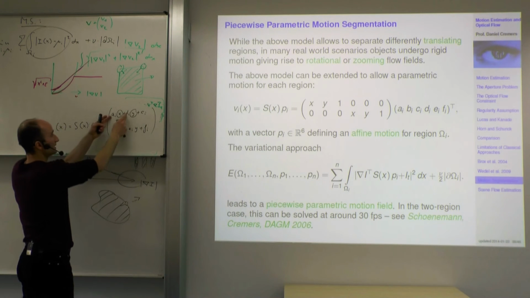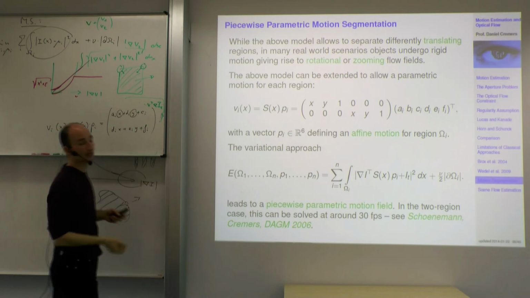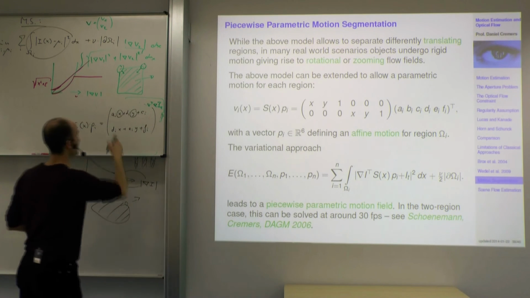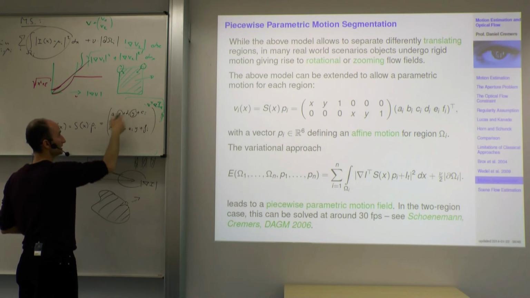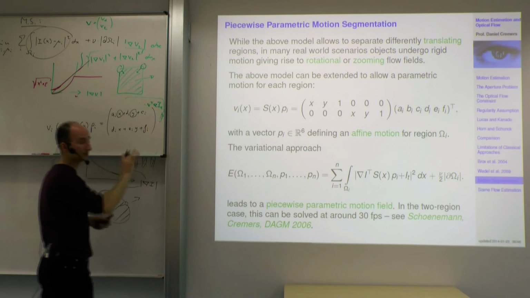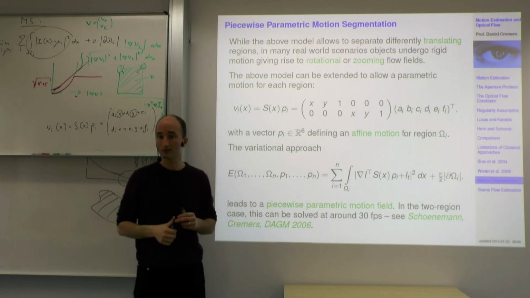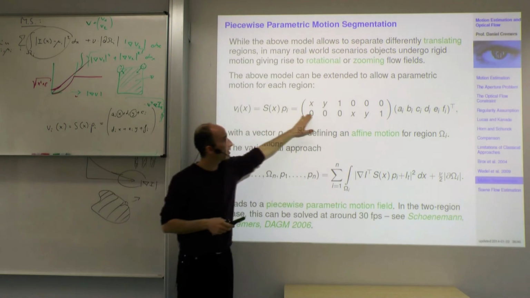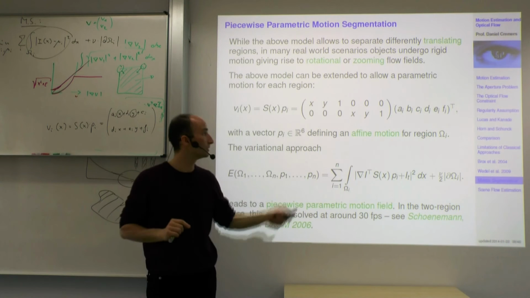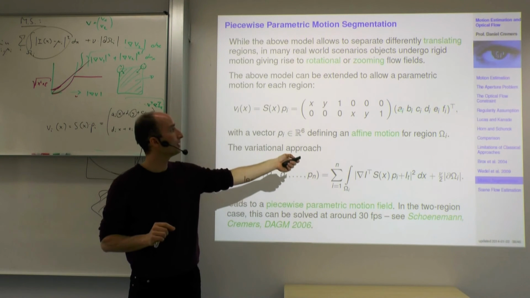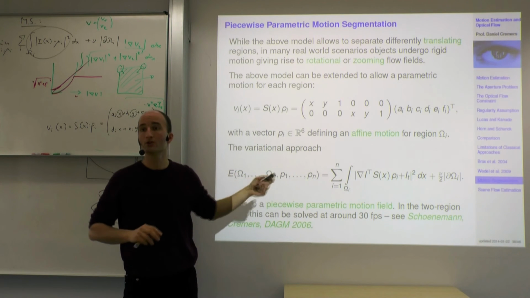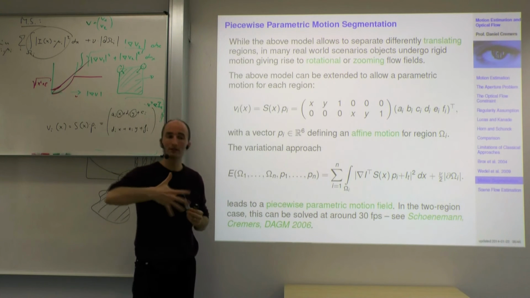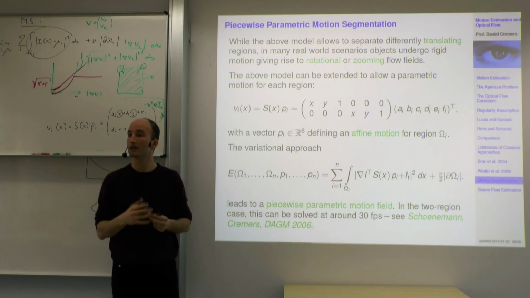And in particular, if you set these 4 parameters to 0, you just have the translational component. But otherwise, you can have rotation. For example, rotation would be if this matrix defined by AI, EI, BI is a rotation matrix, then you have a 2x2 rotation. So there's a variety of motions that can be modeled in this way, but what's important is that we still have a finite, very small number of parameters, 6 in fact, to model the motion of the entire region. And it allows us to model rotation, so it's a very compact way to represent an entire motion